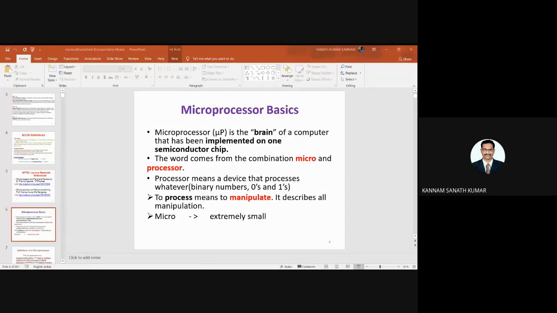Register based semiconductor device. It's a semiconductor device, and we call it register based because it consists of a set of registers. Register based, clock driven, and used to fetch, process, and execute data within a fraction of a second. So within a fraction of a second, these three operations are done: fetch, process, and execute. So this is the microprocessor.